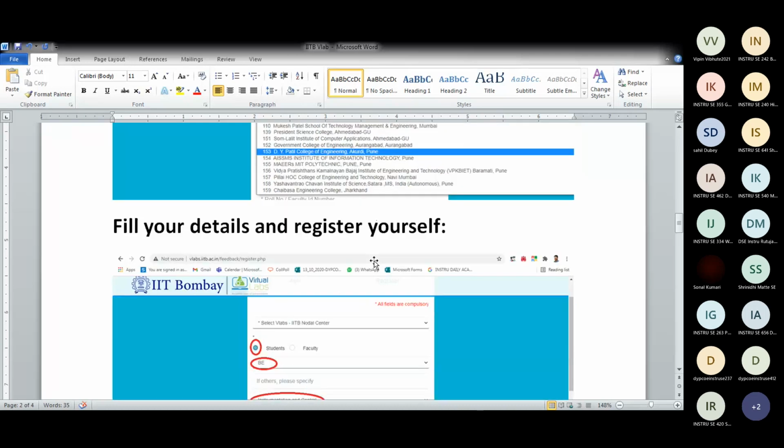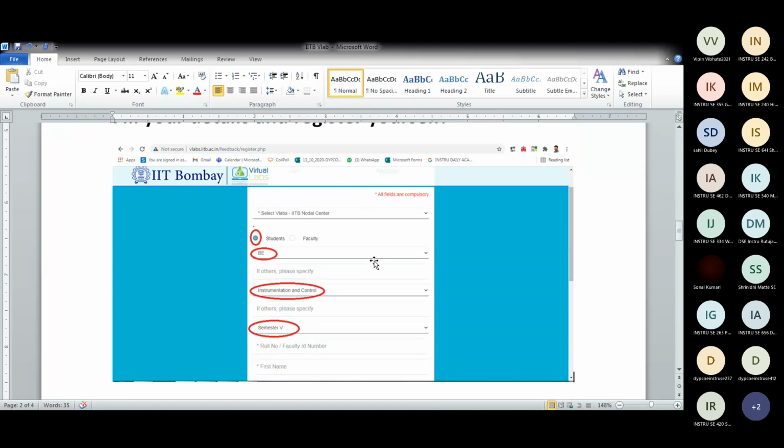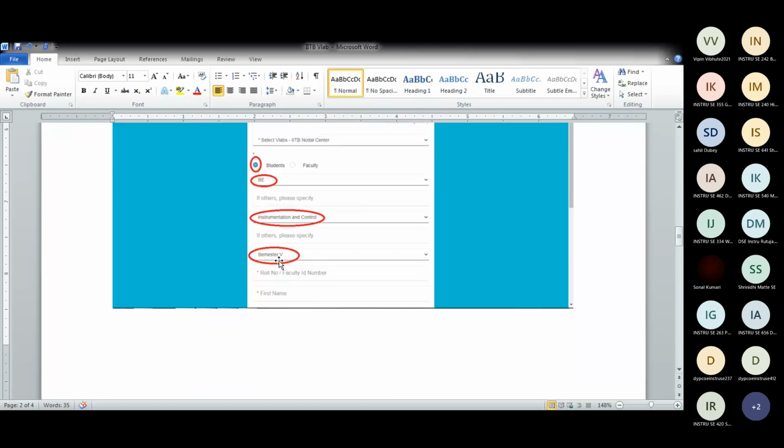Then you have to give your details. Register as a student. Course BE. Then select the branch, Instrumentation and Control. This is all there in the drop-down menu. You just have to select it; you don't have to type anything. Then semester 5th.